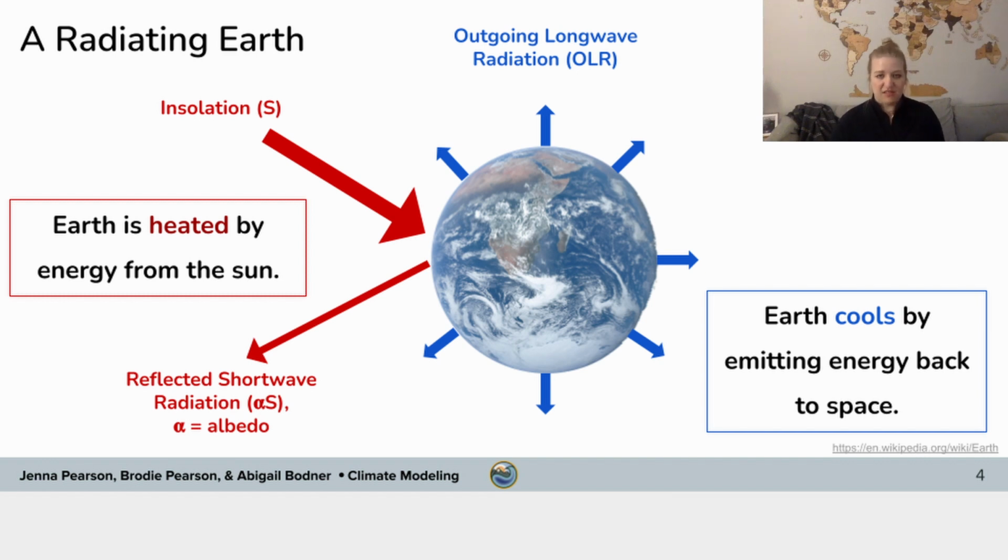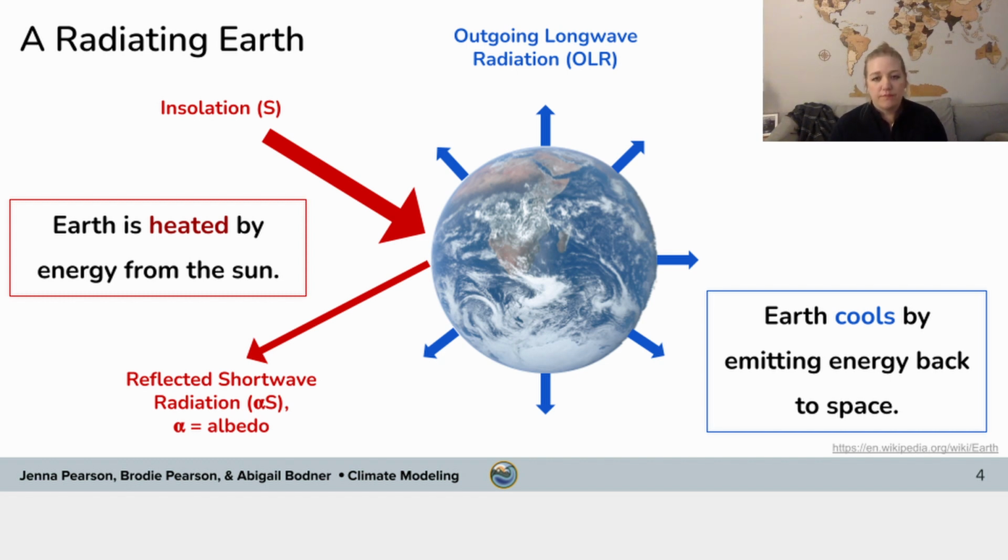So energy balance is when energy coming in is equal to energy going out. Earth receives and is heated by radiative energy from the sun, called insolation. This is short for incoming solar radiation. Some of this insolation is reflected off pale surfaces, such as ice, snow, and clouds. And then the remaining portion is absorbed somewhere in the Earth system. Earth then warms from this absorbed shortwave radiation and re-emits its own energy back to space, called outgoing long-wave radiation,